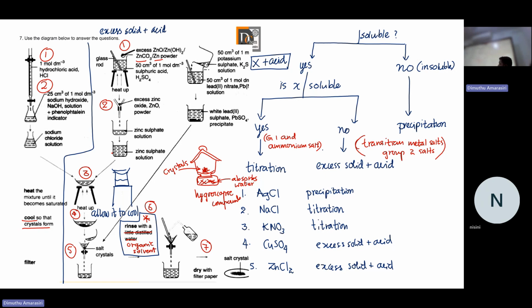And step 6, we are going to skip. We are not going to wash the crystals. Instead of that, we are going to dry the crystals in a desiccator, or just leave them on a filter paper to dry naturally. Exactly, but a desiccator is much easier and more convenient. Can you write those 6 steps? The diagram is there; write the steps on the diagram.